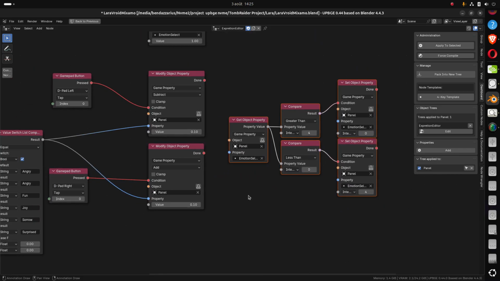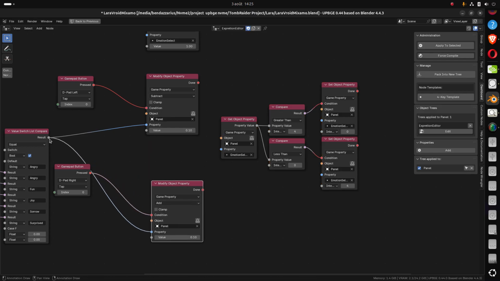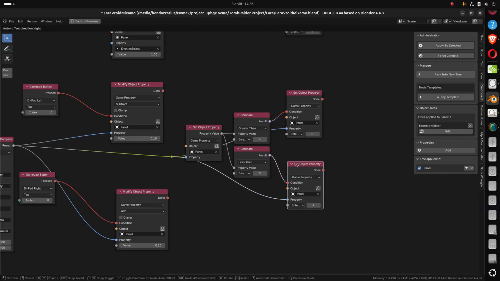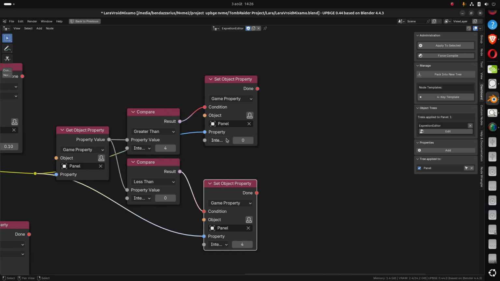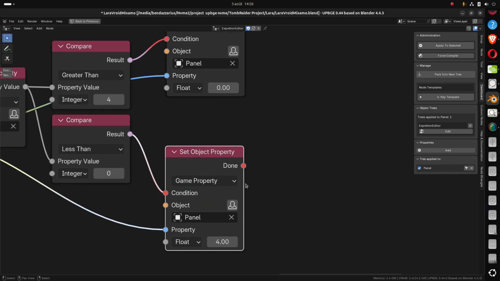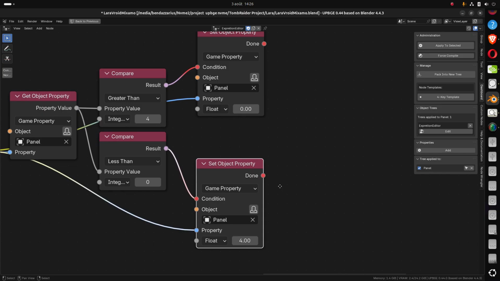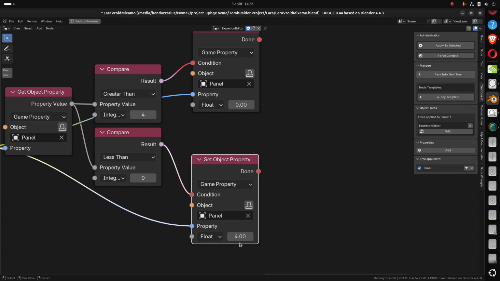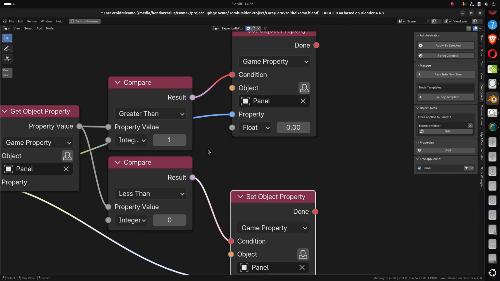I'm going to duplicate my loop system. And I'm just going to change the value, the type of the variable. This time I'm going to